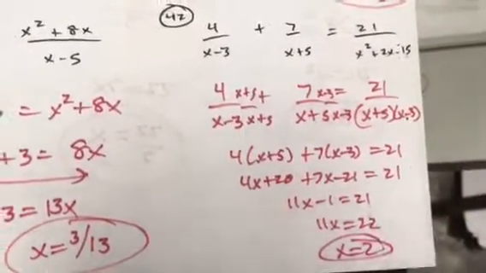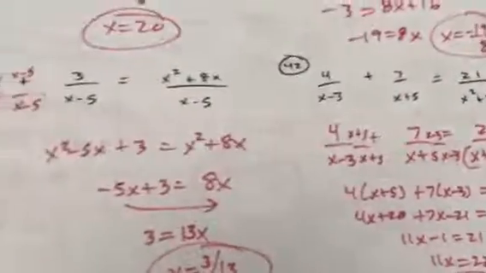You can have 11x minus 1 is 21. 11x is 22. X is 2, folks. That is